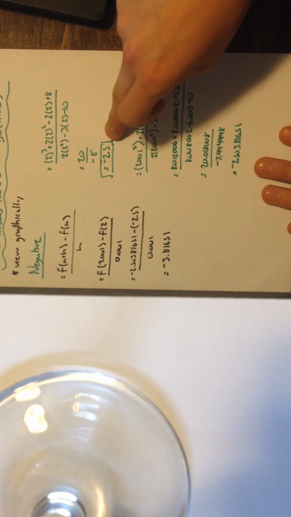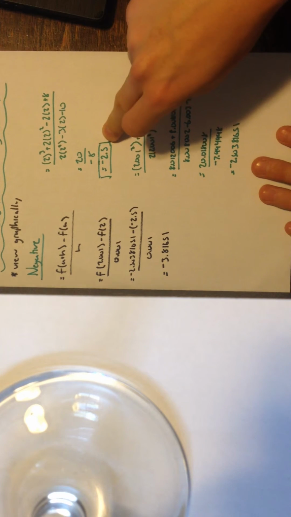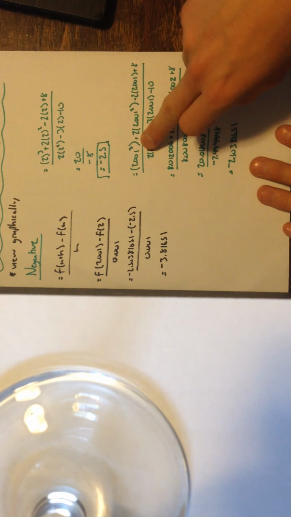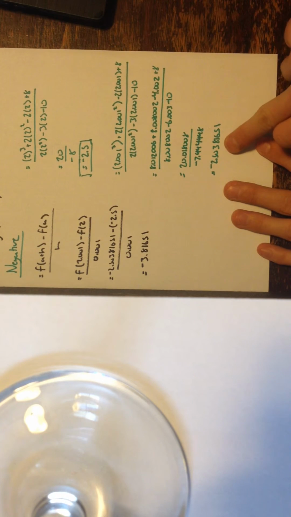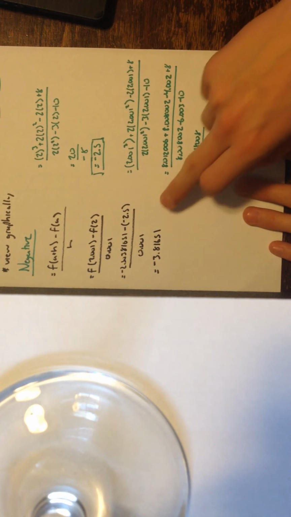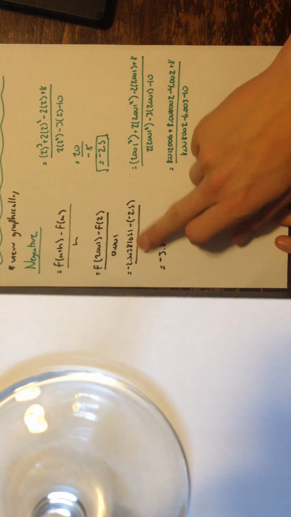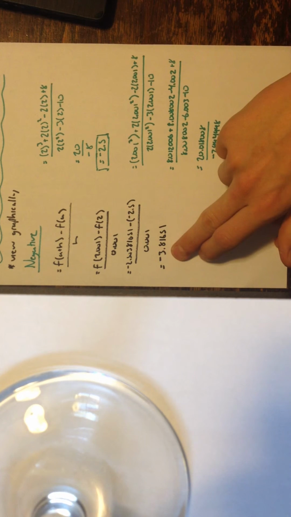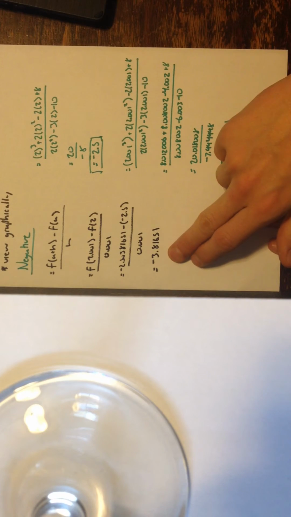When we plug in 2, we come out with -2.5. And when we have 2.001, we come out with -2.50381651. So what we do is we subtract the numbers again, and here you'll have addition. We come out with -3.81651. So if we look at our graph,